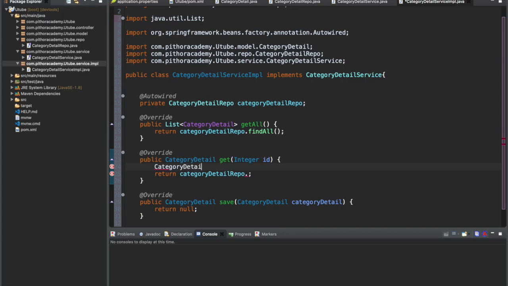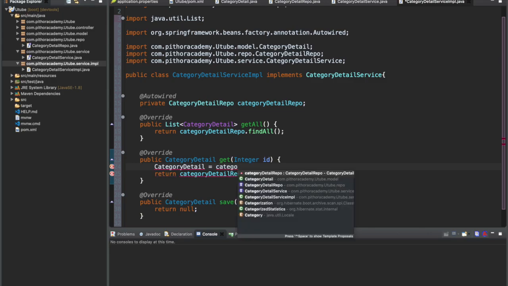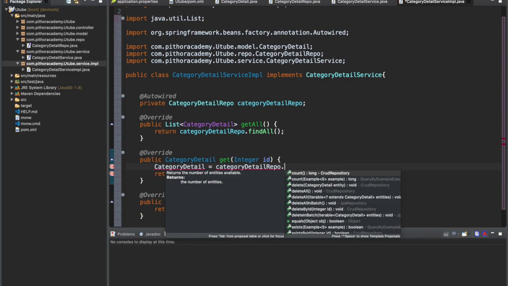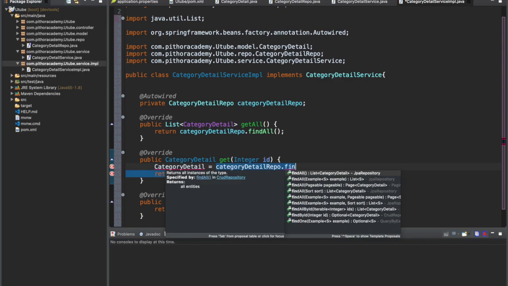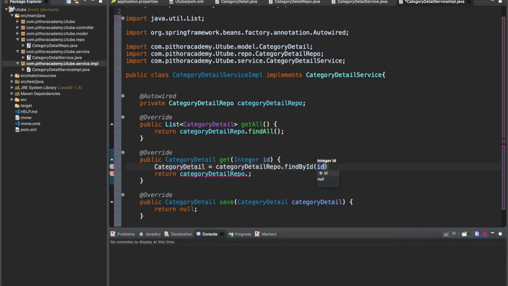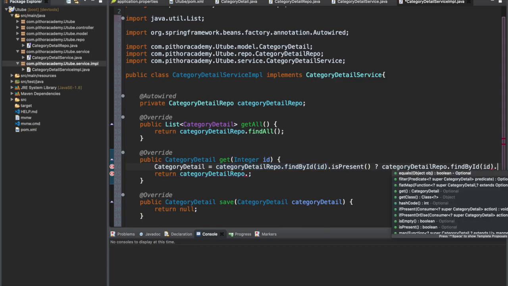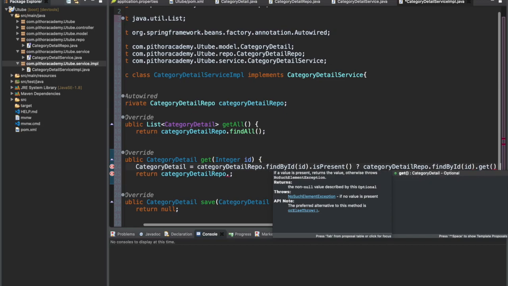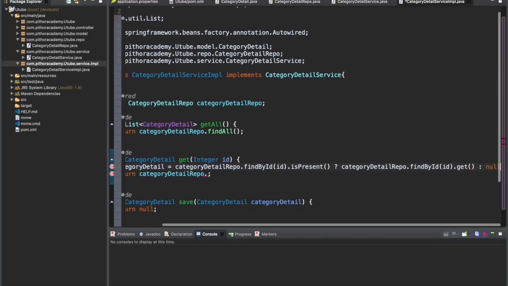Category detail equals category detail repo dot findById. It will return an optional, so we have to check if it is present. If it is present, we'll do get, otherwise we will return null.